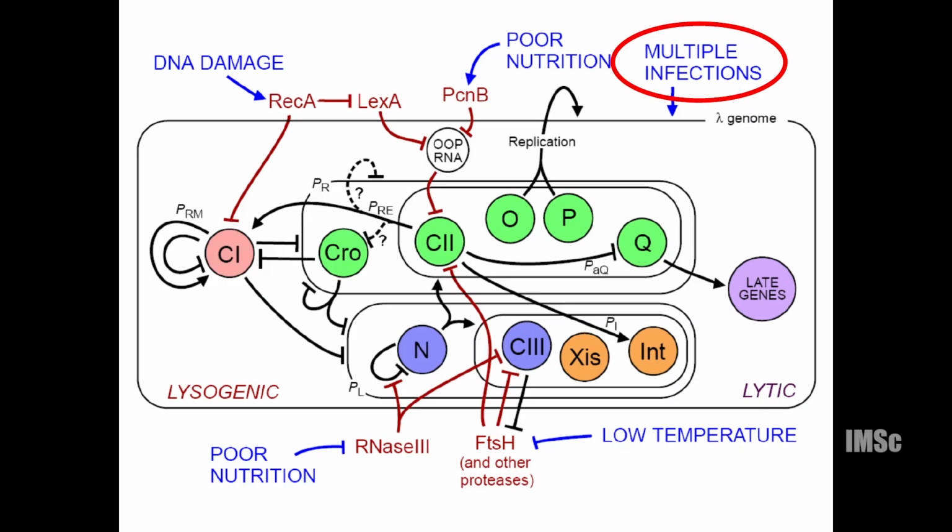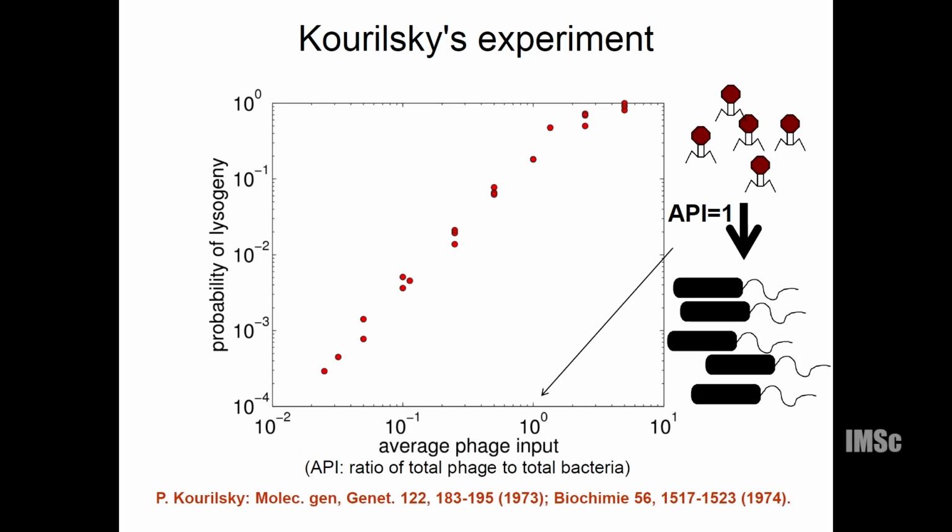One very interesting case is where there are multiple infections. So you can sometimes find that a bacterium will get infected by 2 individuals of the same type of virus. Sometimes it'll get infected by 1, but sometimes 2. So somebody actually did this experiment back in the 1970s to see whether this has an effect on lysis lysogeny, and it does. So each of these dots is a different experiment, an experiment in which a certain ratio of